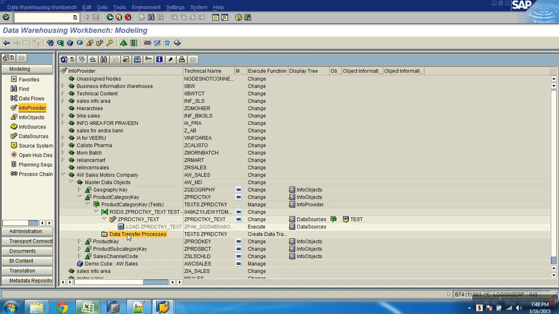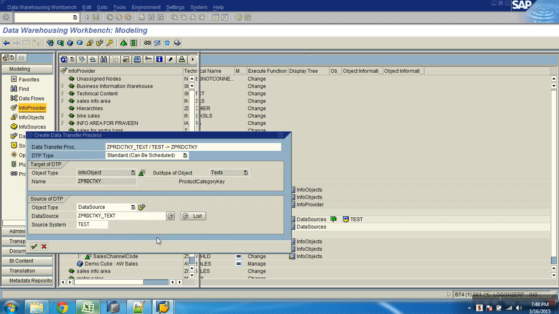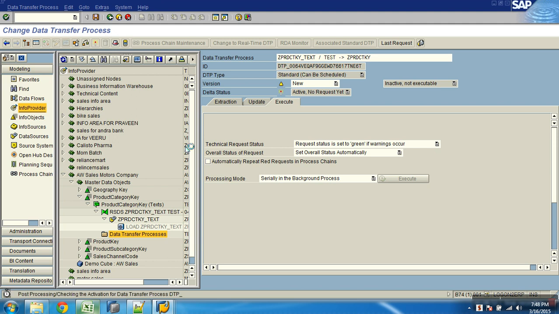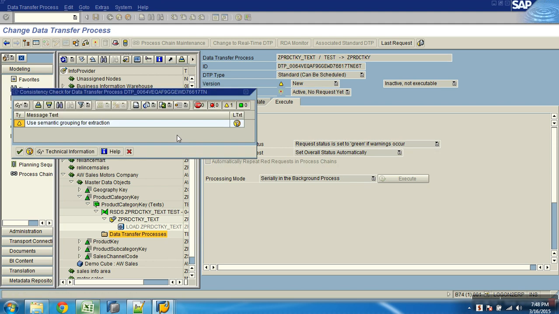Done. Next is what? DTP. Is it one DTP or two DTPs here? Single target, one DTP. Any data source will have an info package, so the number of info packages depends on data sources. The number of DTPs depends on targets.